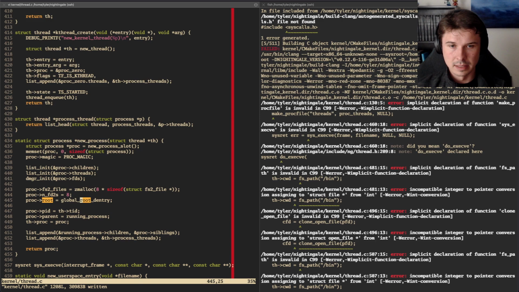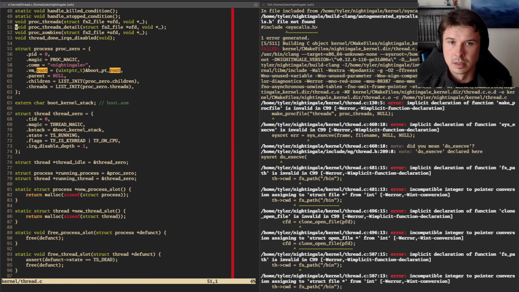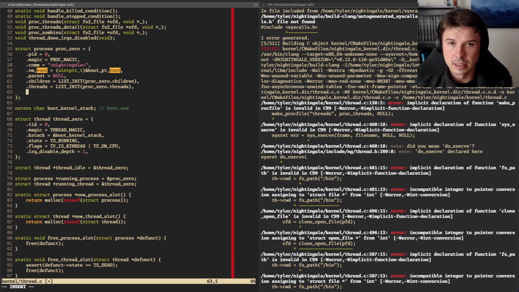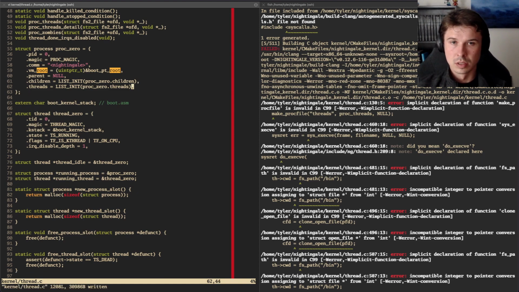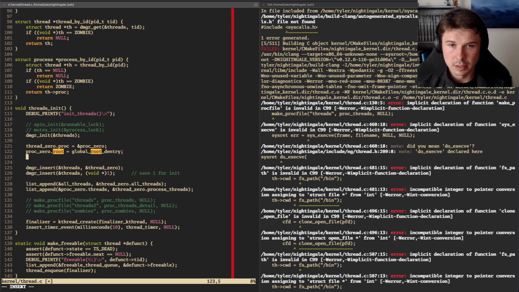That's fine for now. That proc 0, I think we have to do this in init. Yeah, proc 0's root should be global root, the entry. Thread 0